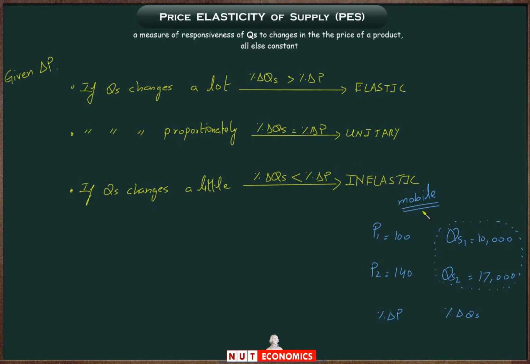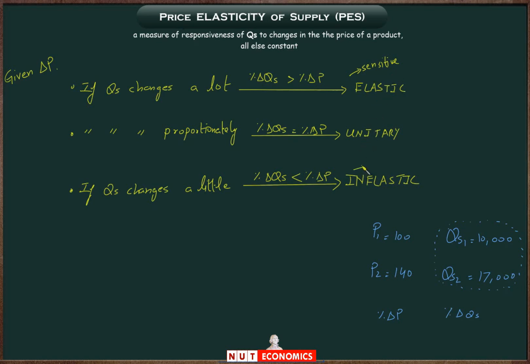Now, in terms of the economic meaning, again, remember that elastic supply means the producers of the product are sensitive, they are touchy, they are responsive to changes in price. As an example, think of when the government announces a decrease in the price of petrol. Suddenly, you won't find petrol at most of the petrol pumps. They just stop selling. They reduce the quantity supplied quite a lot. They respond. They are sensitive to this fall in price. So that would be an example of an elastic supply.